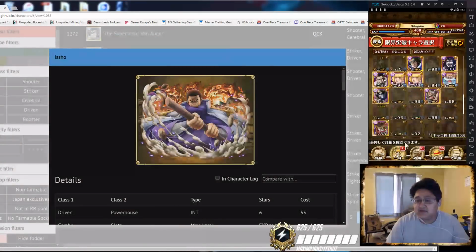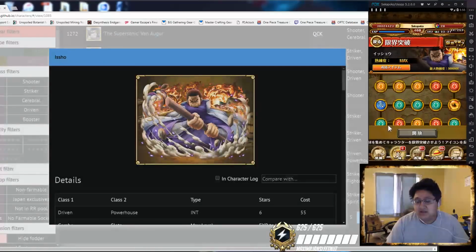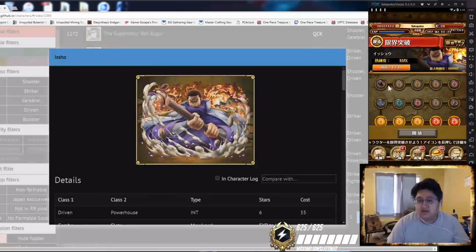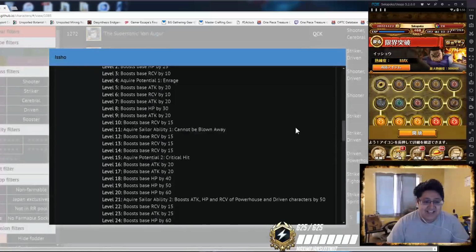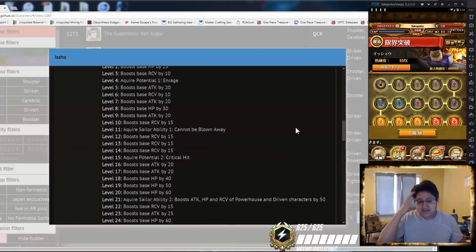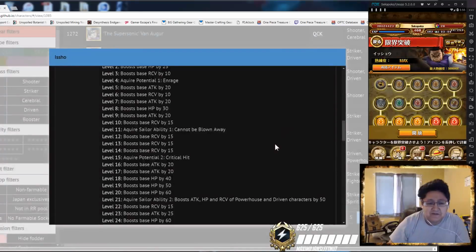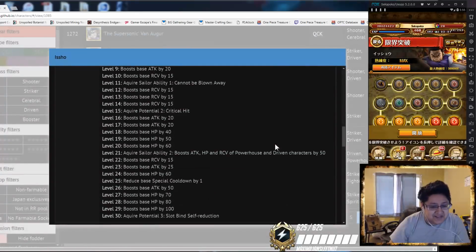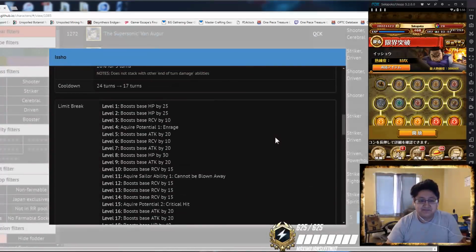Next unit in the list is going to be Fujitora, and Fujitora has a really weird limit break. It's like they want him to be a sub. He gets really good sailor ability. He's going to boost attack stats of Powerhouse and German characters by 50. I don't even know if they'll stack. I'm probably sure they don't. He's going to get crit, and special cooldown reduction. All that's really nice, but